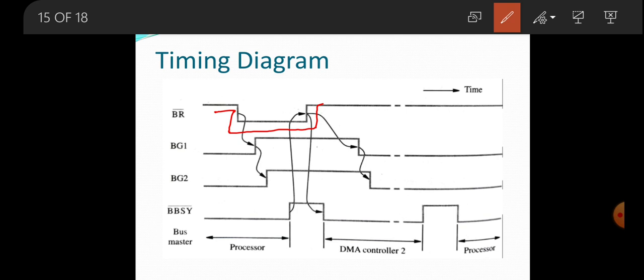So on receiving this bus request signal, the processor issues this bus grant signal 1. So it is set to high.